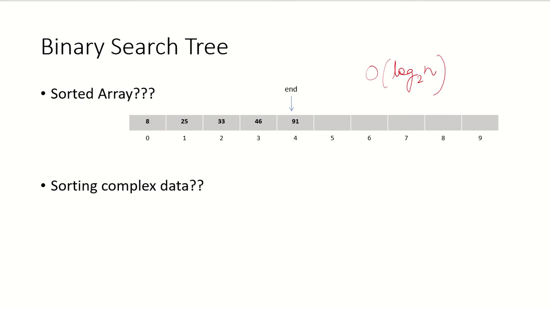What about insertion? Again, insertion would depend upon the value of the element that is being inserted. So if the value that is to be inserted is equal to the middle value, then it can be inserted here. Otherwise, we'll have to again look for these other search spaces towards the left or the right. So insertion, finding that particular position would require order of log n time, and then afterwards inserting it over there would require order of 1 time, constant time, and then shifting the elements left or right would now again require order of n time.